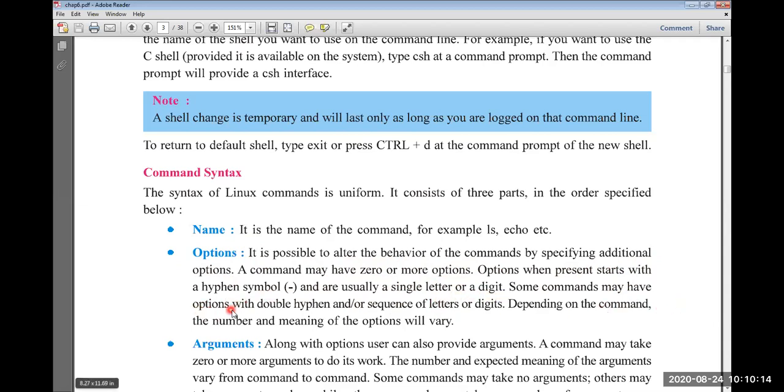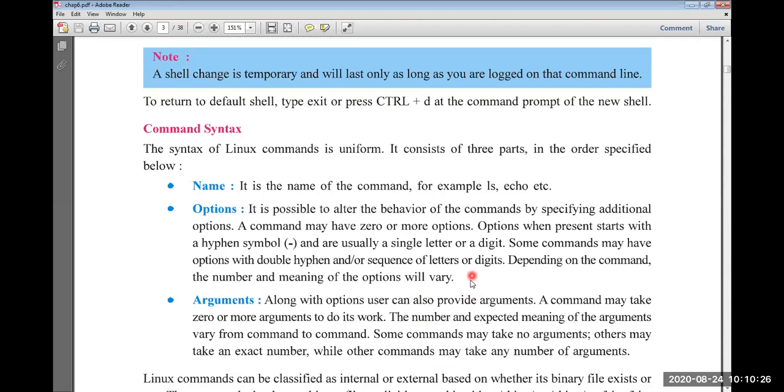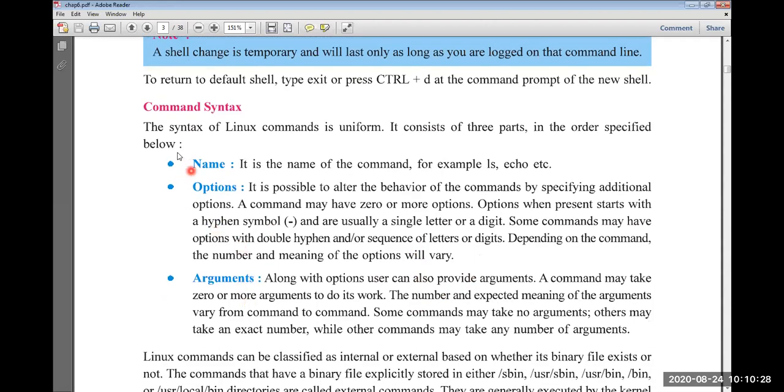Some commands may have options with a double hyphen and a sequence of letters or digits. Depending on the command, the number and meaning of the options will vary. So it depends on which command you are using. As per the name of the command, you can use the options.